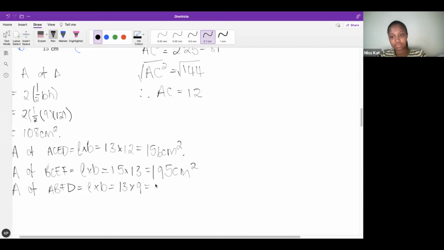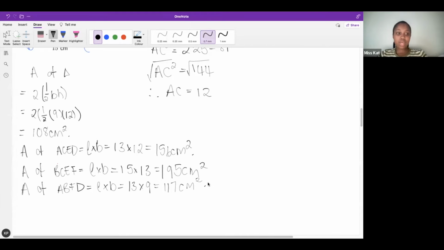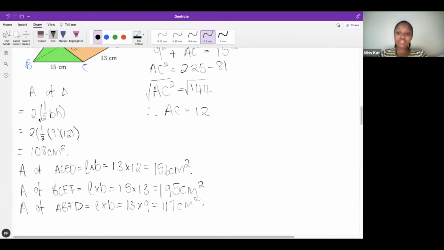117 centimeters squared. Now, do we have all our areas? We have both triangles and 1, 2, 3 rectangles. Are those all our areas? Yes. So what do we do now? Add it all up. Total surface area equals